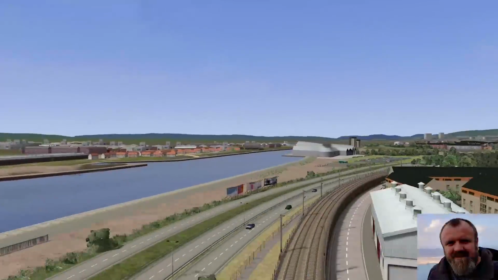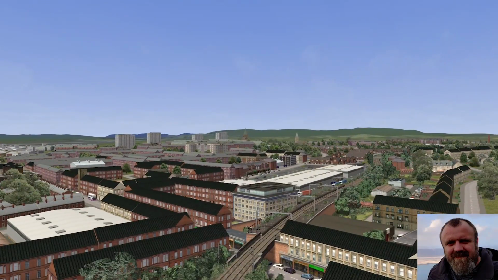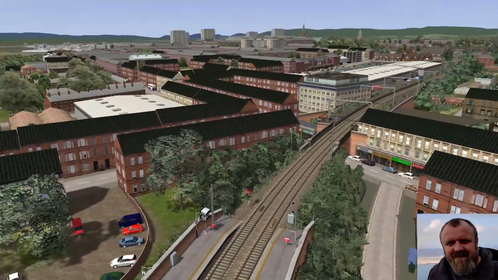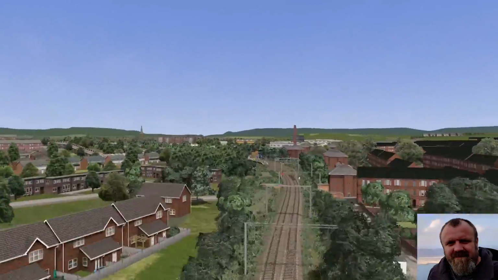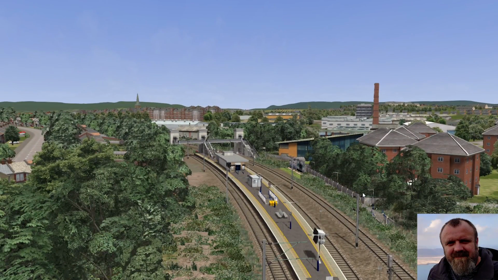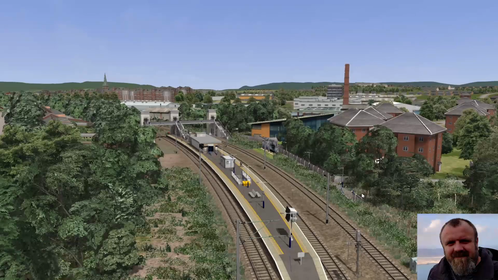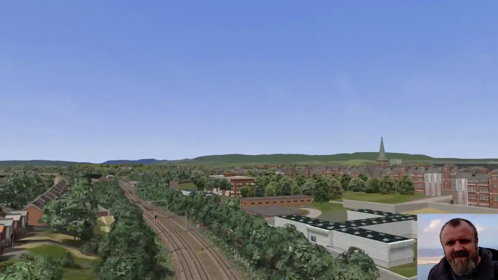But this area of route was what I refer to as phase one, where I went from Partick right along the route to Dalmuir. So I'll just fly over some of this just now. And Hyndland is another station that has been completely custom made by Rivet Games. That was one that didn't work very well because it was an island station in the building. There was nothing similar there at all. So that's another one that's very good to have had.